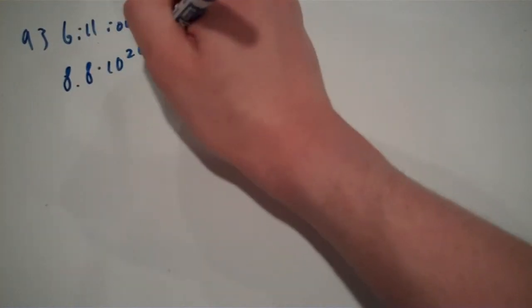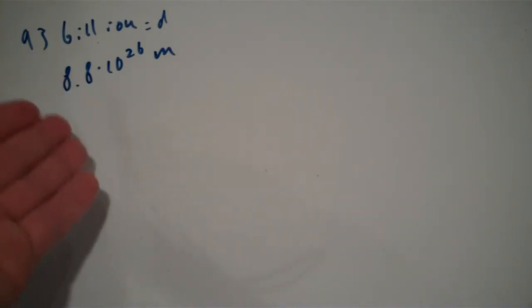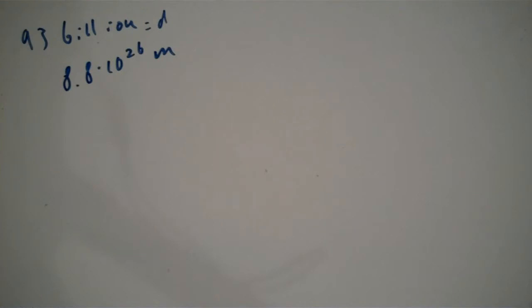Now, a light year is the distance light will travel in a year. So, if we take the years and convert that into seconds, and then multiply it by the speed of light, we get approximately 8.8 times 10 to the 26th meters. The actual value is lower than this, but since this is the width of the observable universe, which is the biggest possible thing we can imagine, or that we can even see, for that matter,